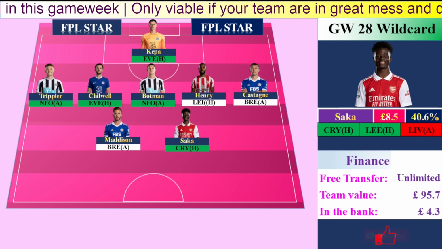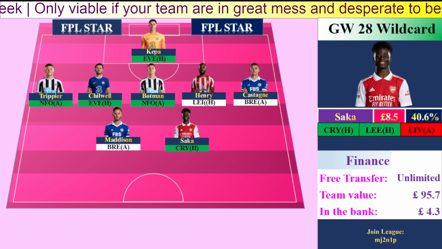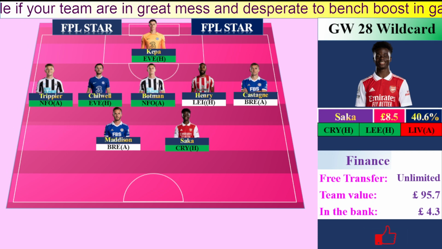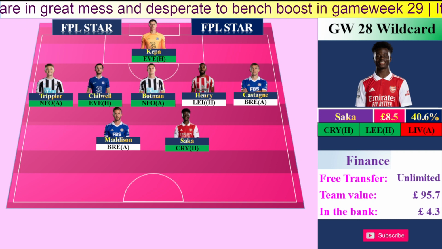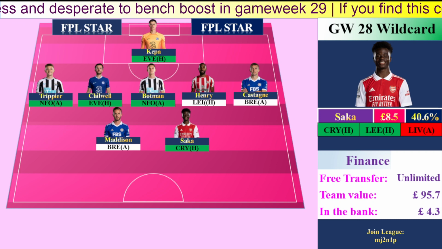He is the more nailed player for Arsenal, and if you look at other players like Martinelli, he has some minutes risk now because Gabriel Jesus is now fit and Trossard is also fit. They played in the last match, so that's why I think Saka is a safe option for Game Week 28